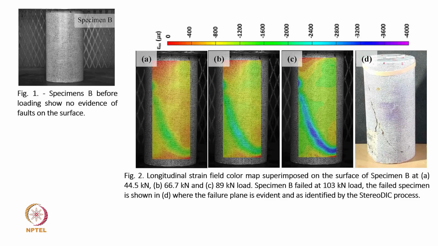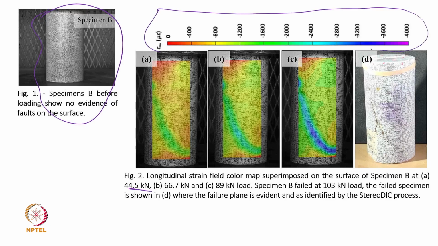So, this is the final slide of my lecture. You can see here the undistorted specimen, and here, when the 44.5 kilonewton compression load has been applied on the surface, this is the strain being shown in this bar chart. We can see here the strain: red means no such strain,